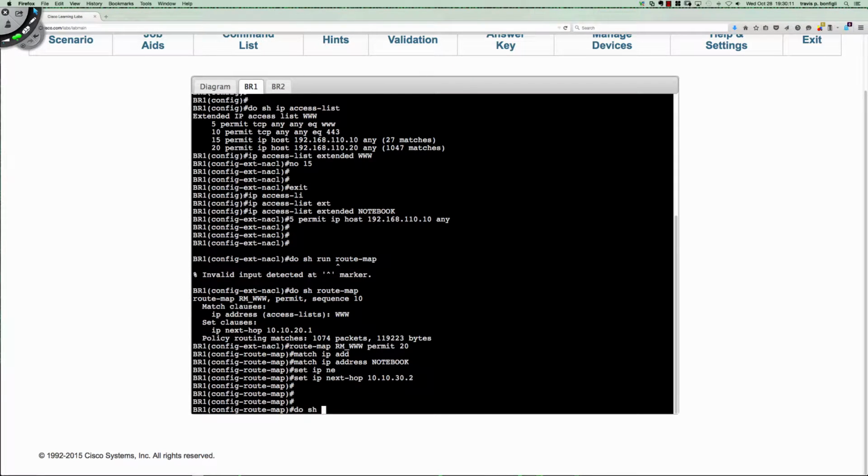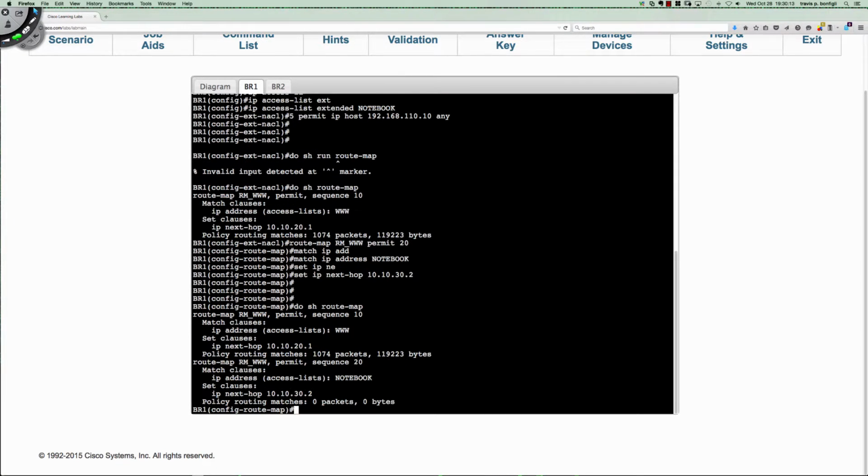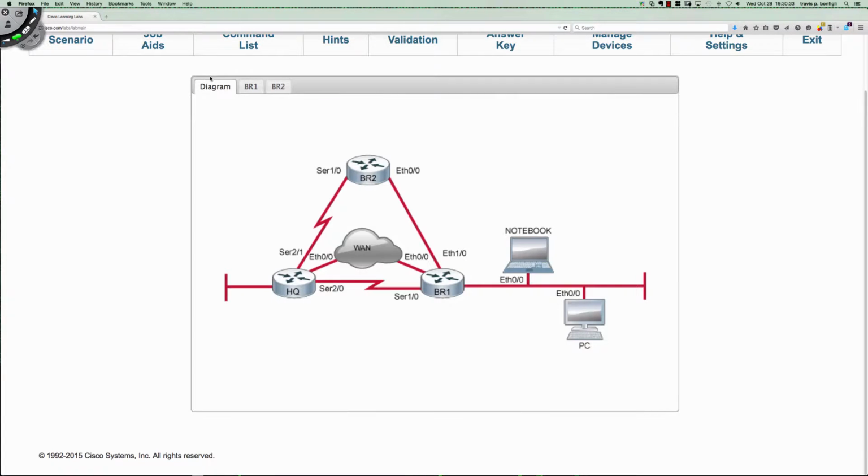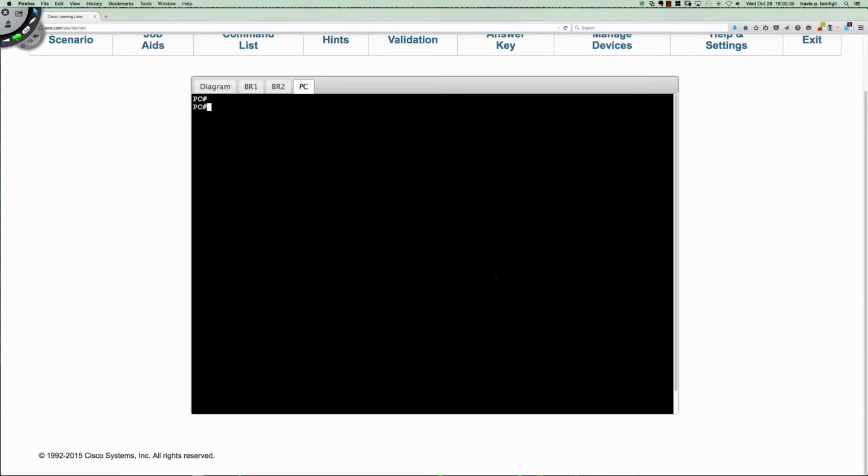And now if I say do show route map, we have two statements, or two sequences, in the single route map rmwww. The first one is going to be matching that www ACL. The second one is going to be matching the notebook. Now you can see that we had a ton of matches here, right? And we've got bytes that are flowing through. No matches yet here. Let's generate some traffic off of the PC by saying let's trace to